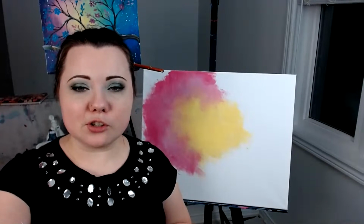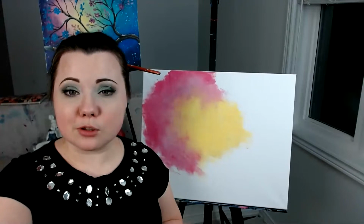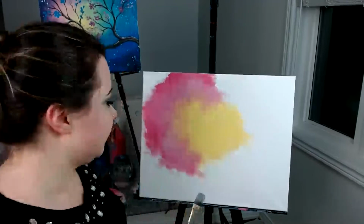Yeah, guys, you might need to adjust the way you do it based on your material as well, 100%. If you're using paper, it's not going to be the exact same amount as you would be using with a canvas, just because it's a different medium. All right, so